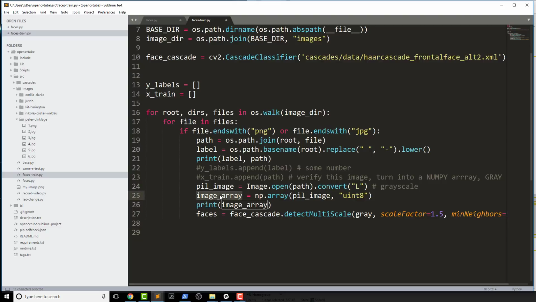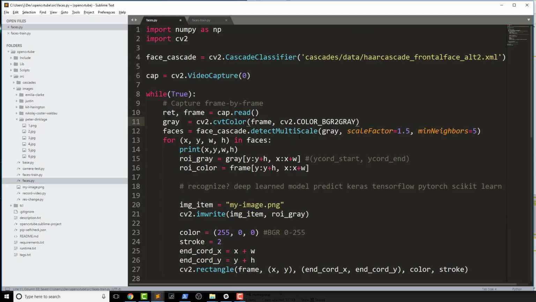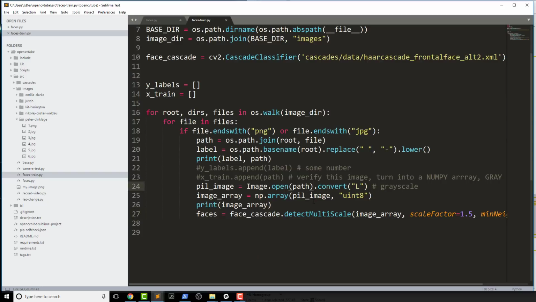But now what we do is just this image array. When we capture it in CV2, OpenCV already has it in a way that the face cascade could use it, right? So when we open it up in CV2, I believe it's already a numpy array, which we could test out by printing out the frame. But what we have here now is we are taking it to gray, putting it into a numpy array,